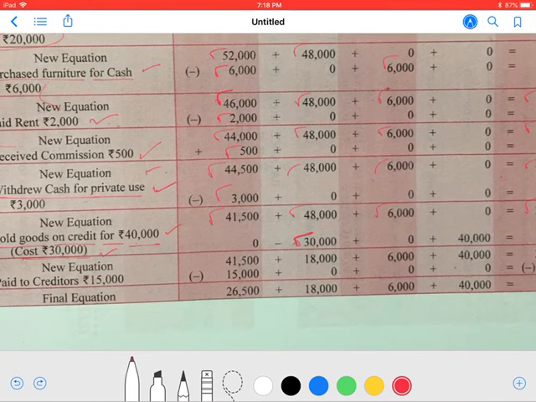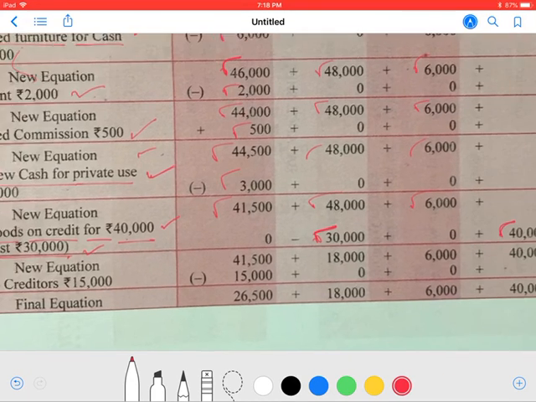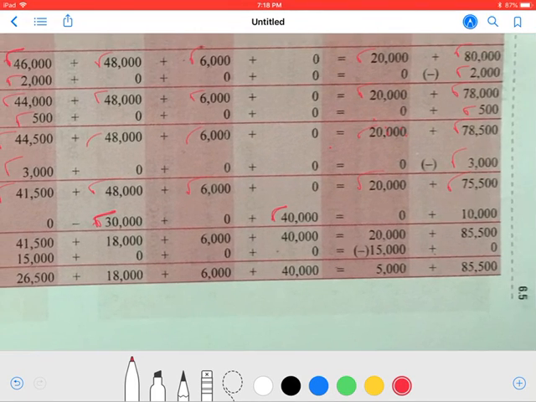See, this 40,000 rupees, this is the amount of debtors, because now the debtors will pay this amount to us. Okay, now another thing is the value of the goods is 30,000, and we are selling it for 40,000. So it is quite clear that we are getting a profit of rupees 10,000. So 10,000 of profit will be added in the capital. I just told you that every profit, every income will be added in the capital.